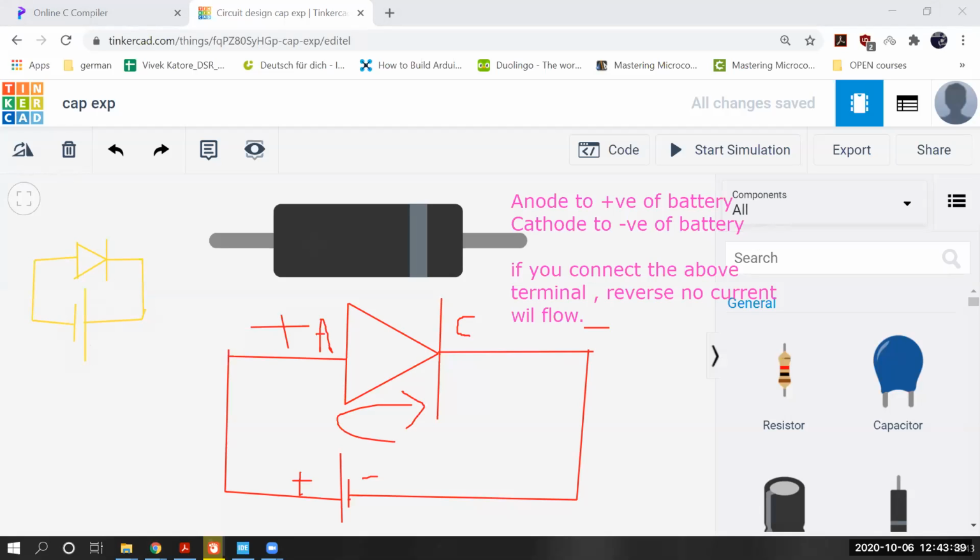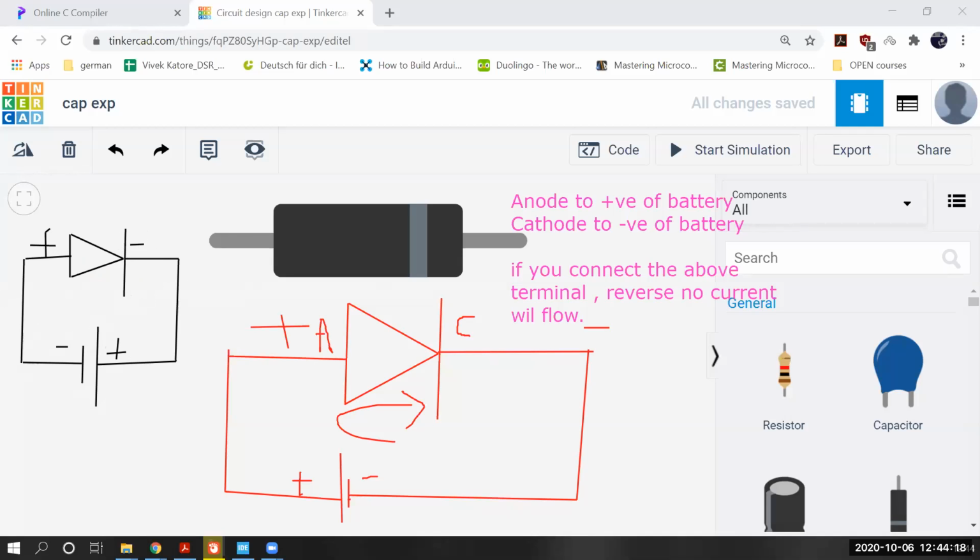Sorry, I should have used some white color or something. It's not visible actually. If I connect the same diode in the opposite manner like this, you can see that this is the minus side, this is the plus side, and this is the minus side, and this is the plus side.